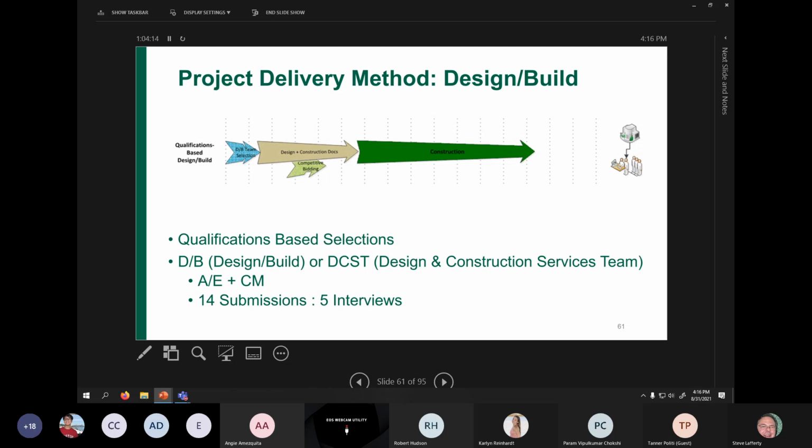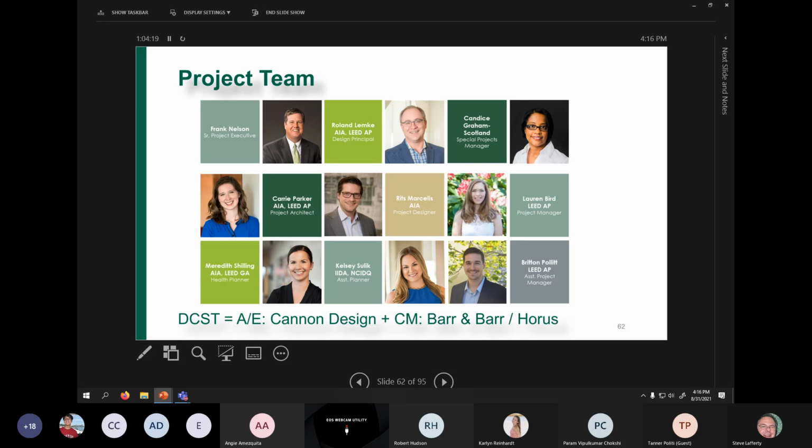And from those 14, we did 5 interviews. And from there, we came up with our project team. Our AE, our architect engineering component, is Canon Design. Key here also to understand is all of the 5 interviewees had some strong healthcare design experience, but we saw that Canon Design, with their office out of Washington, D.C., and Houston, Texas, their 2 studios there, had a very strong portfolio in actual collegiate student health and wellness facilities, as opposed to just doc-in-the-box and